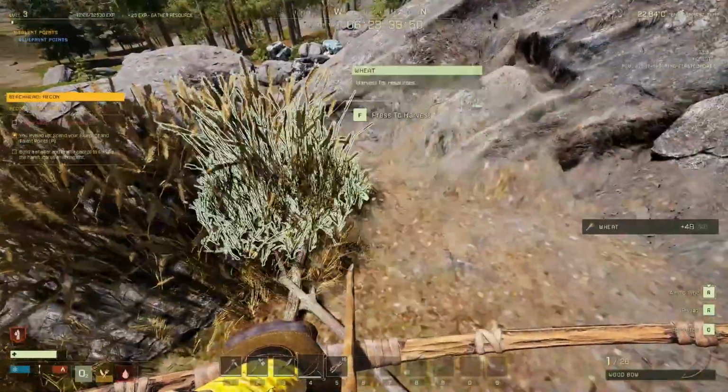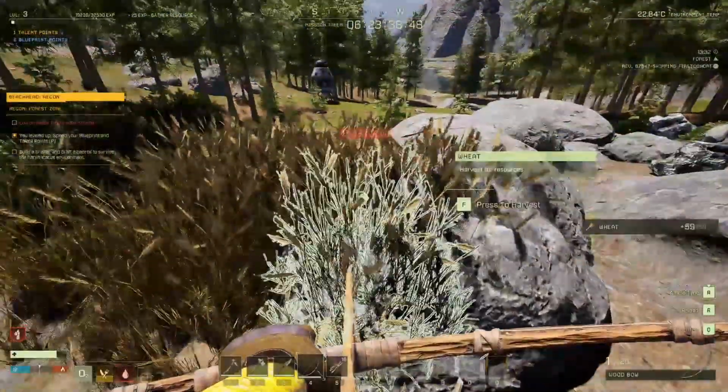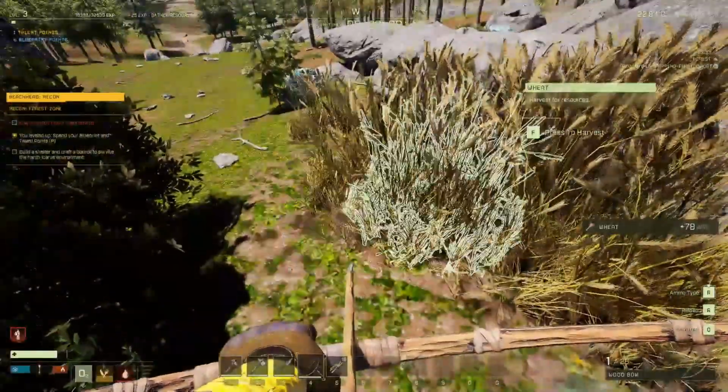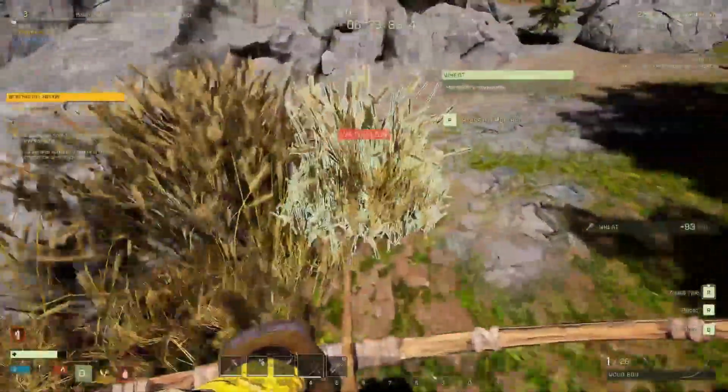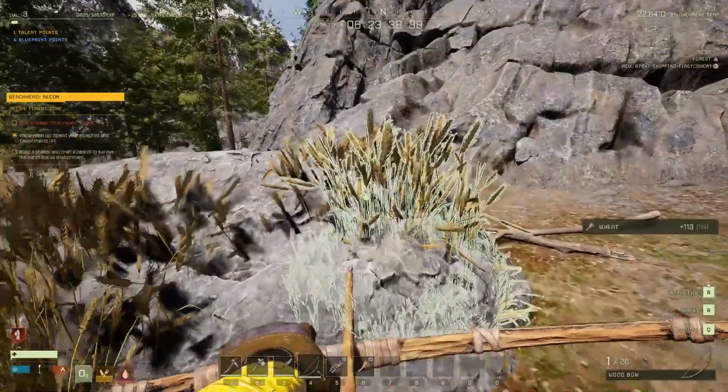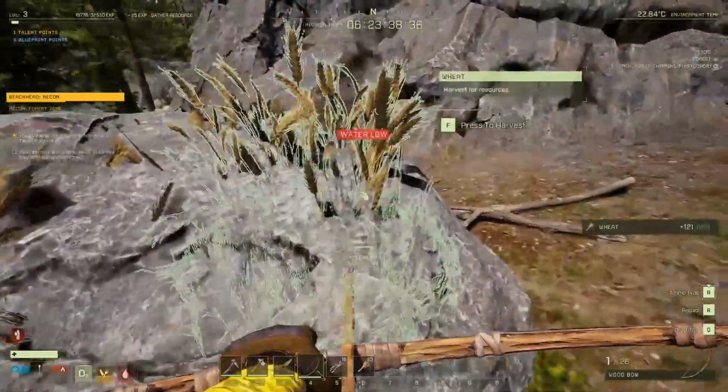See, I love finding things like this, like wheat and whatnot, because it's not a lot of XP. It's 25 a tick, but there's a lot of it here. And we can use this to cook later, too. I'm going to crouch because that thing's kind of walking back here, so I want to make sure I...